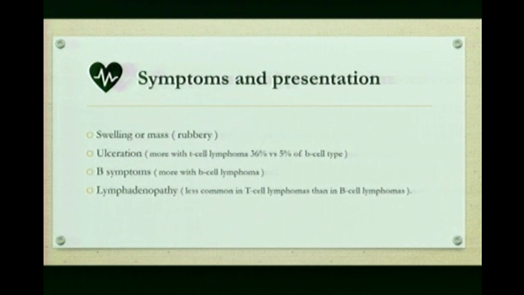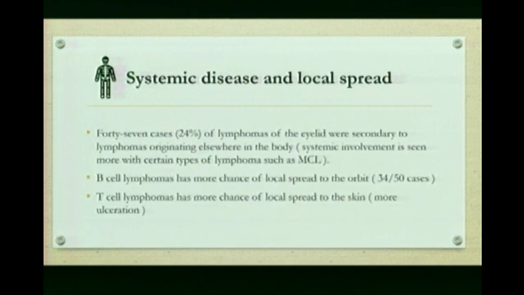It is reported in this review article to be 36% of patients with T-cell lymphoma, like the patient in this case, and only 5% in B-cell type, while B symptoms and lymphadenopathy are seen more with B-cell lymphoma. Lymphoma of the eyelid can be a part of a systemic disease, or it can be primary with local spread. In this review article, they reported that 24% were secondary to lymphomas originating elsewhere in the body, and they